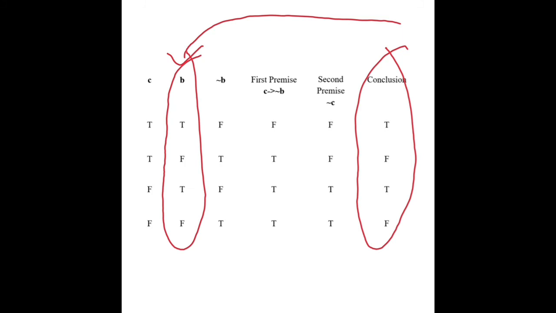As we observe, the conclusion in row 4 is false, and both the premises are true, then this argument